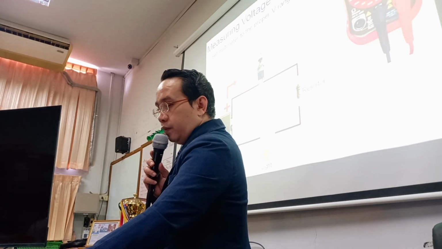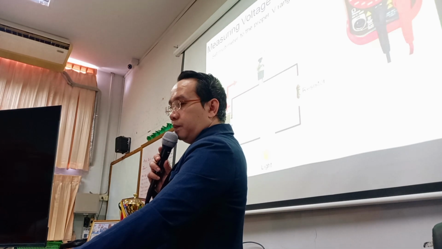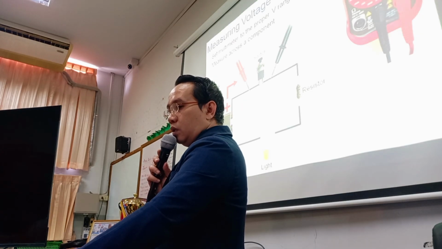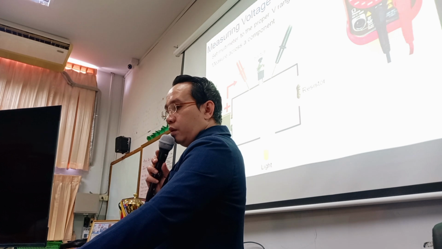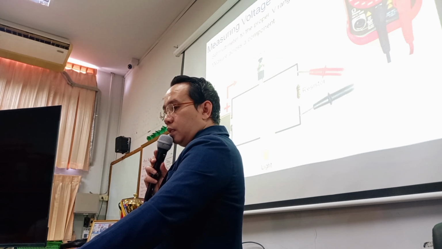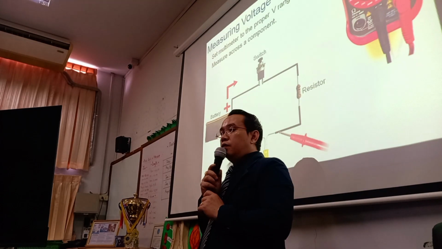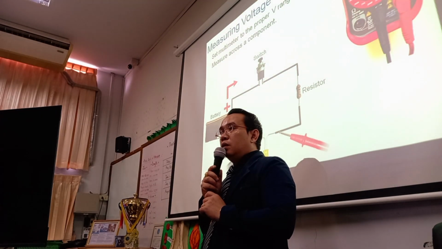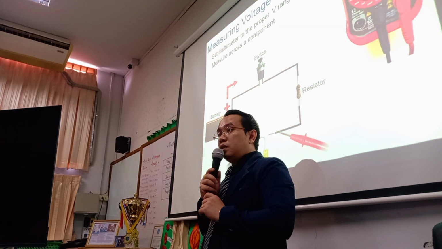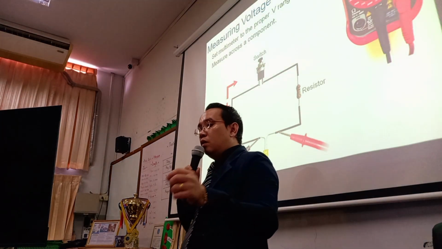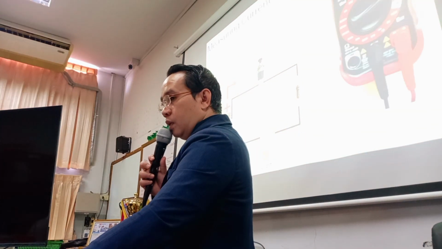So by measuring the voltage, as you can see in here, measuring across a component, we need to check the switch, the battery, the presence of resistors, and then the light. This helps to measure how much voltage capacity there is. So there is a tester, that's what we call a voltmeter. Then another one,